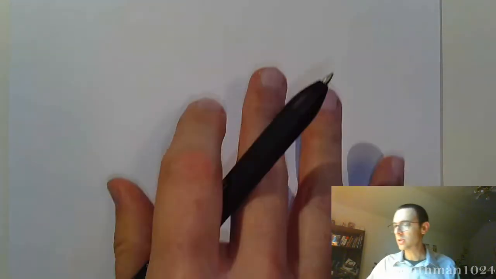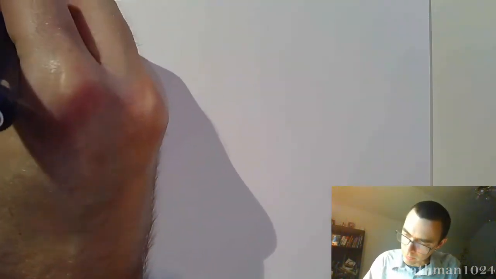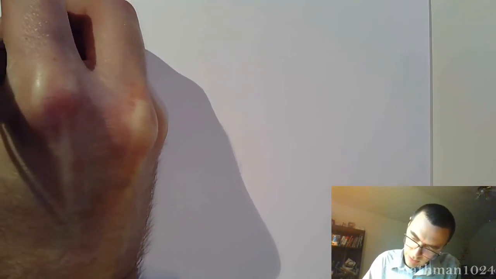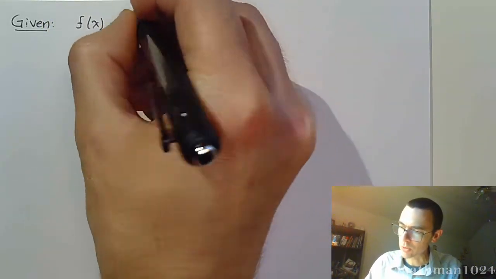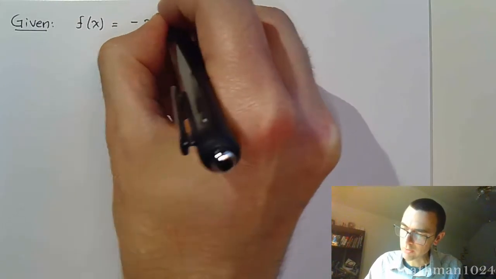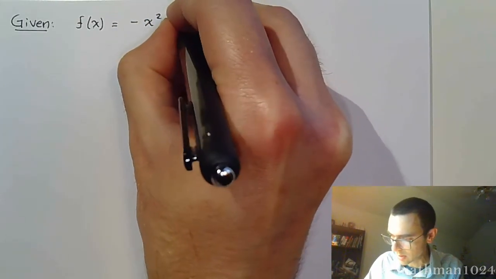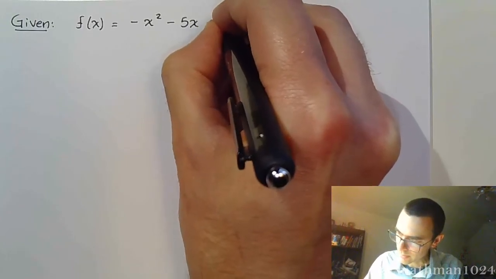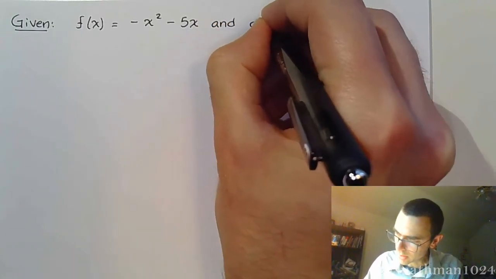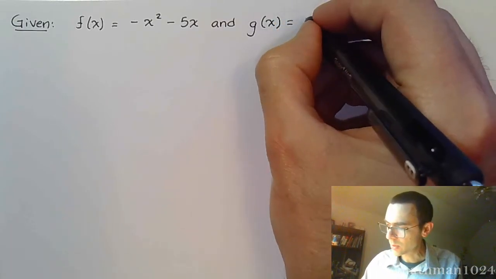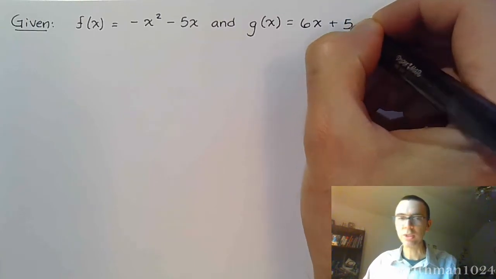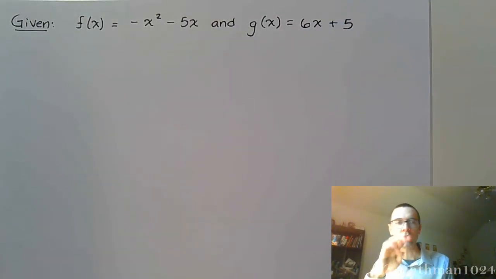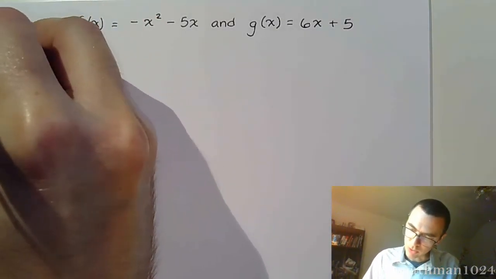Let's do some different functions, some different operations, and see if we can still process this well enough. All right. So if we are given f of x is equal to, here's where I'm going to throw you off, negative x squared minus 5x, and I'm going to tell you that g of x is equal to 6x plus 5. Okay, so you've got these two functions, and now I want you to evaluate